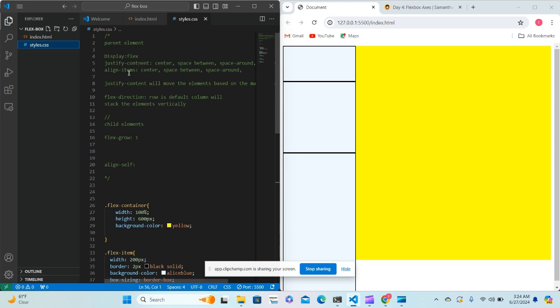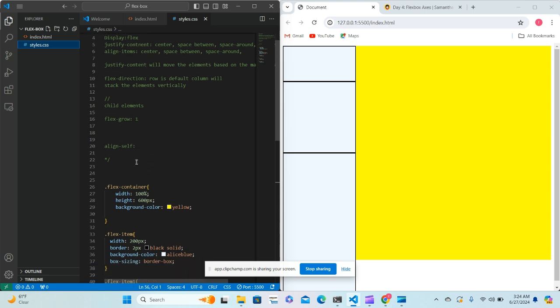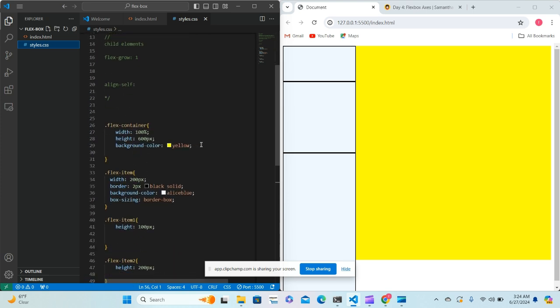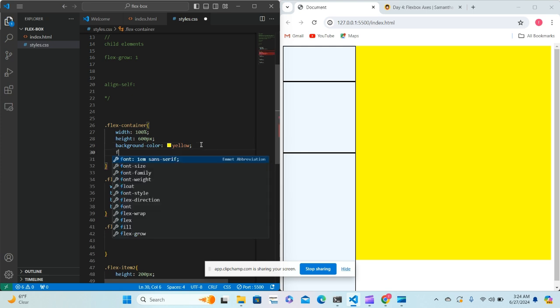justify content, align items, flex direction, and these are the ones that are given to the parent element, the container element. Then I'll go through flex grow and align self. But there's a lot more for the child element that you can use. So if I do display flex, it will align the items horizontally,